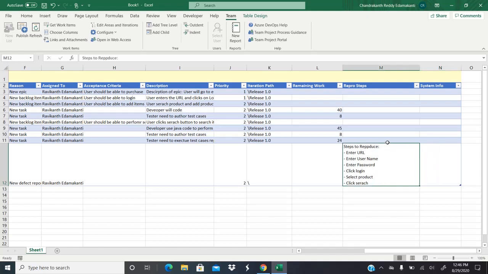Then you will have a defect. Whenever you click on search, you are not able to find this thing. Okay, what is system info? My system info: browser is Chrome, OS is Windows, and let's say environment is QA, etc. Okay, so now let's